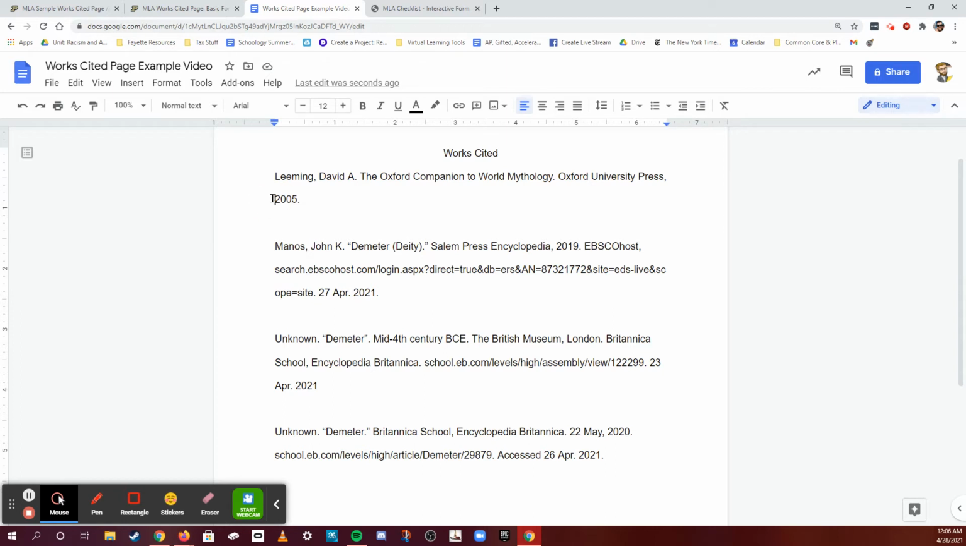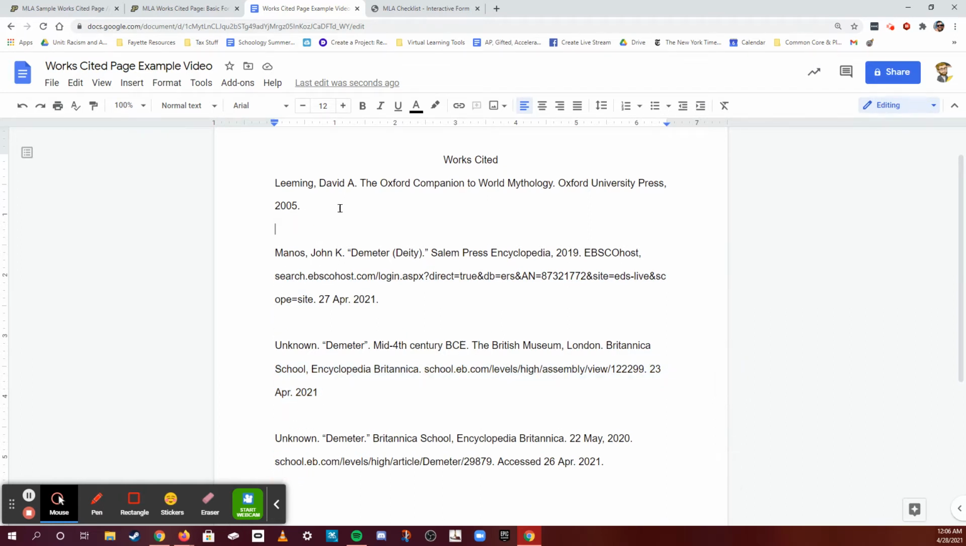So what I want to do is I want the second line of this citation to go over, almost like I hit the tab button. And the same thing for these lines. I want to scoot that over just a little bit. These lines and then that line. Okay. So I'm going to start with